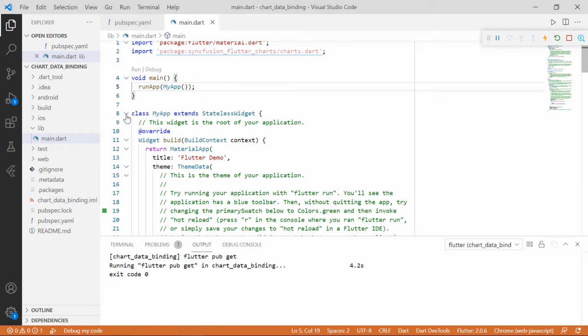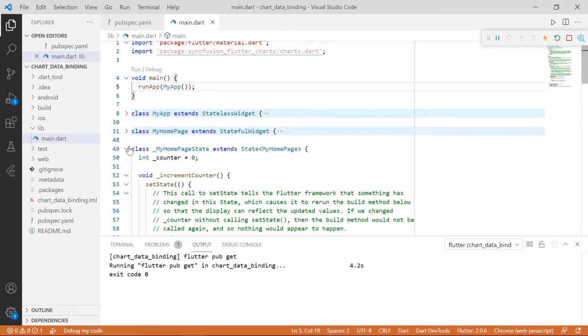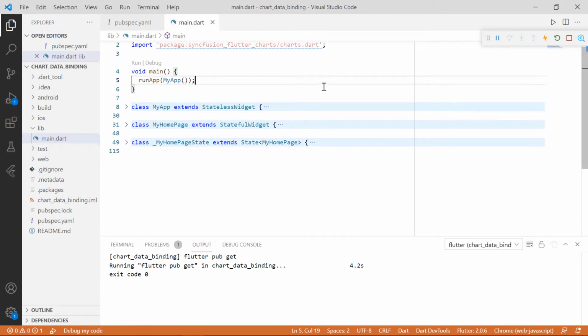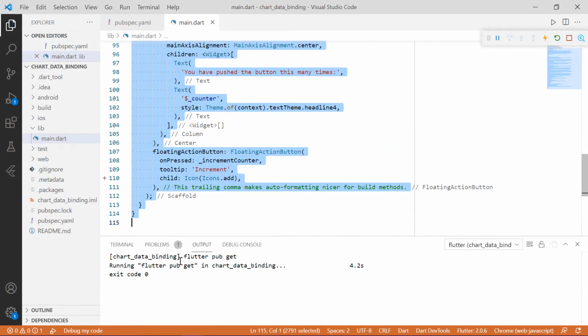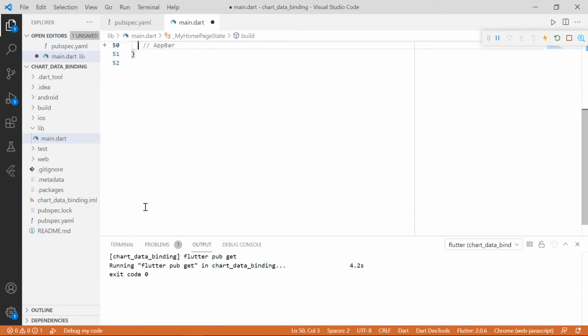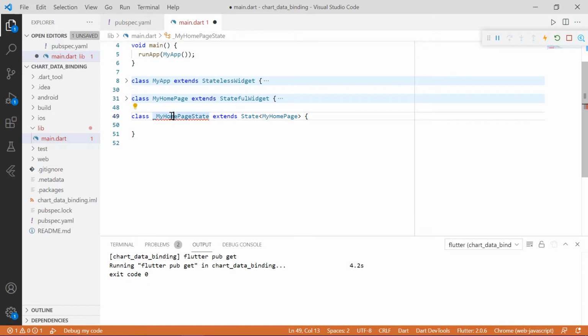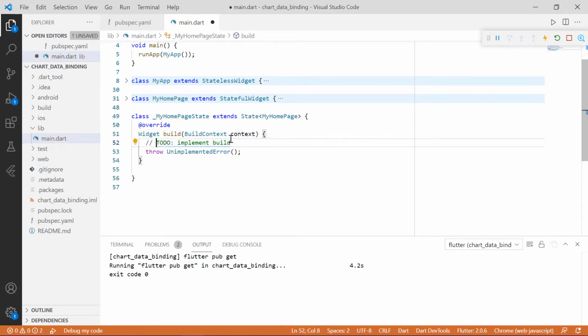And let me remove the default project code in the MyHomePageState class for better clarity. Now override the build method. Within the build method, return the SafeArea widget to render the chart within the usable area.